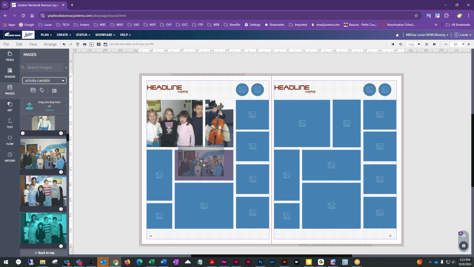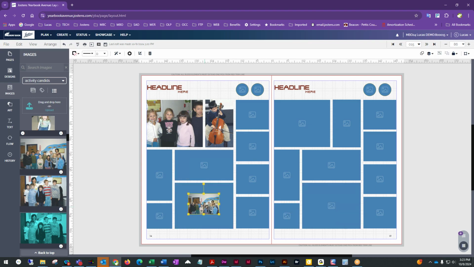Where is it? Here we go. So then if you find an image that goes kind of, I know it looks purplish, but it's supposed to be red, that's letting you know that the image is not large enough for that spot. Now, I can still let go of the image and it'll drop, but it's going to drop into its own photo box on top of that other photo. So it's not just floating around. The program will put it in a photo box that